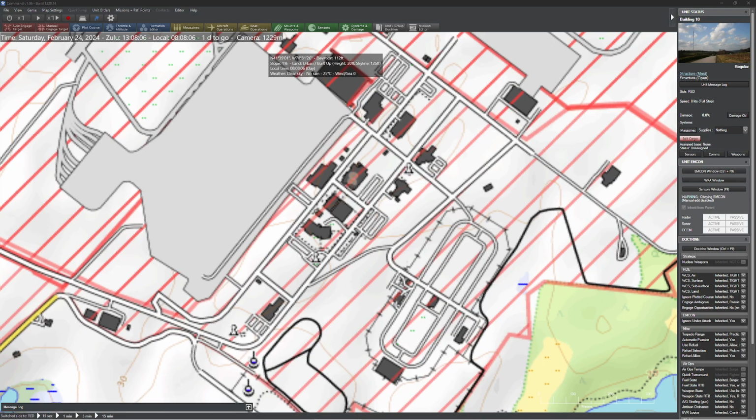Everyone. In today's video, we're going to be taking a look at a couple different ways you can take a real-world image and convert it into yummy targets to drop all sorts of fun ordnance on. But before I get too carried away with that,